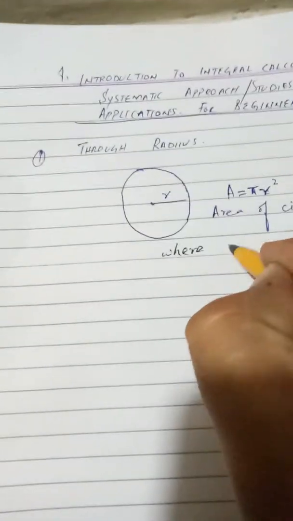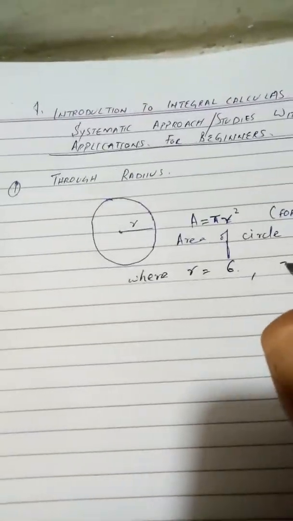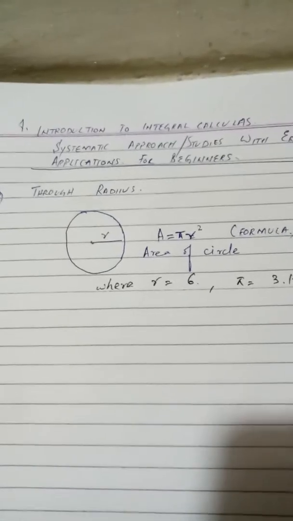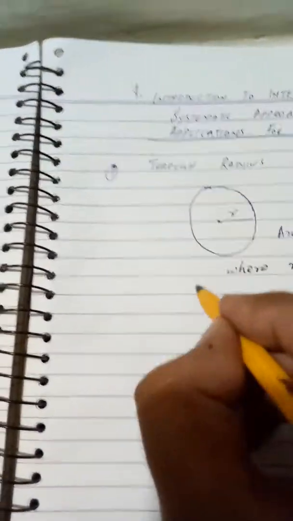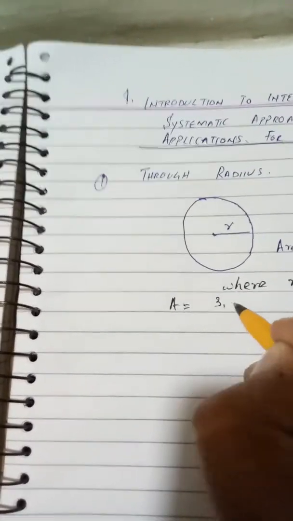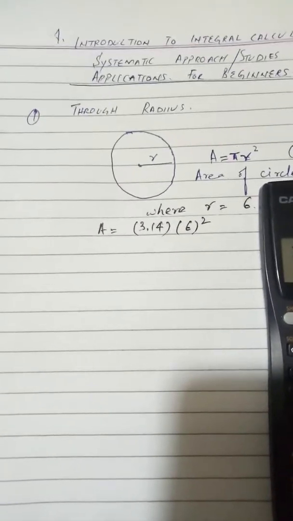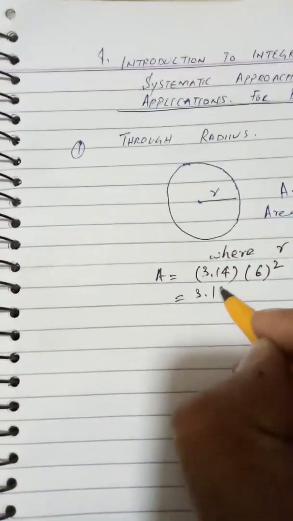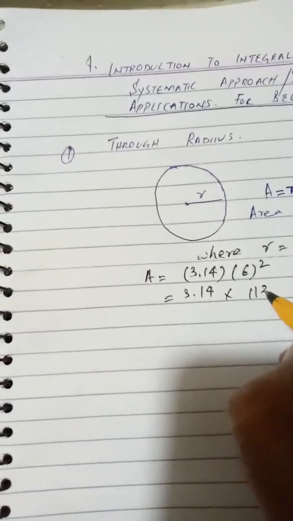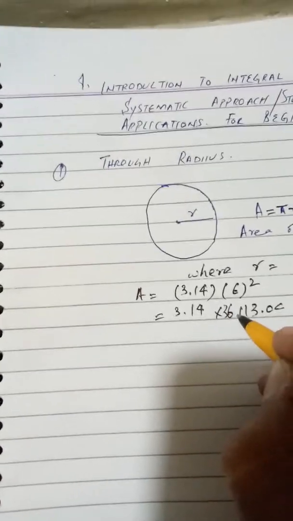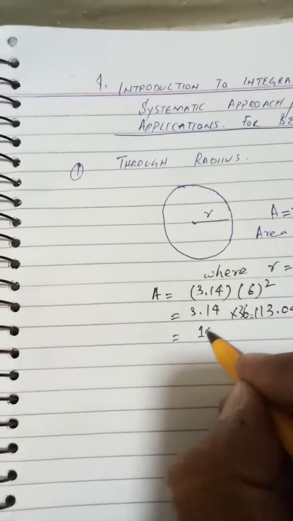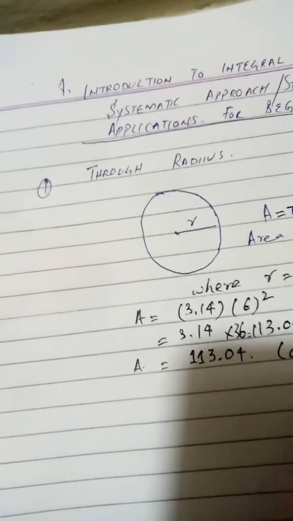Let me use another pen. Area of a circle, for example, over here where r is equal to 6 and pi is equal to 3.14, and when you calculate it, the area would be 3.14 into 6 square. Let me calculate with the help of a calculator. 3.14 into 36, that will be 113.04. So that would be the area of the circle